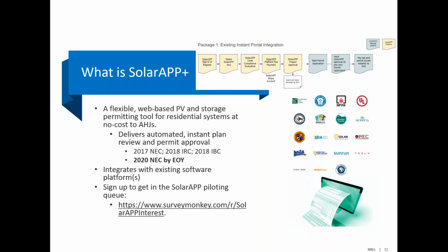At current, we automate that permit compliance review based on the 2017 National Electrical Code and the 2018 I-Codes, the IRC, IBC. For those in Massachusetts, as you know, you're on the 2020 National Electrical Code. And so at current, Solar App isn't ready for you, but it will be at the end of the year. We've automated that compliance check with